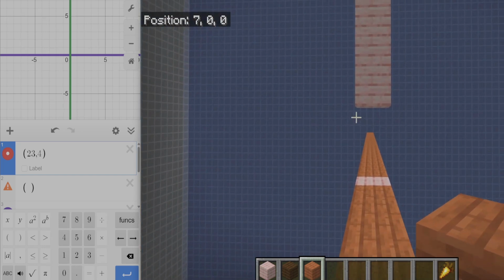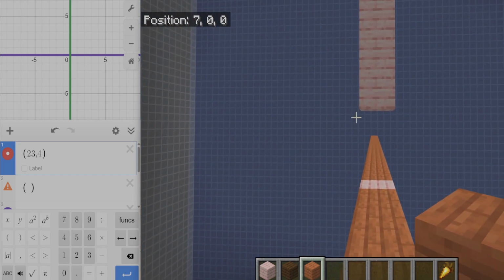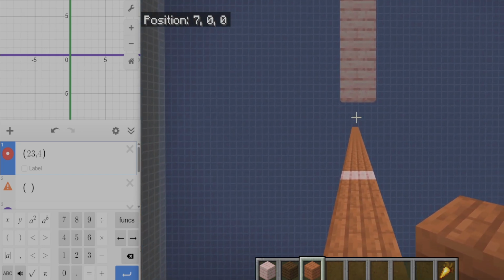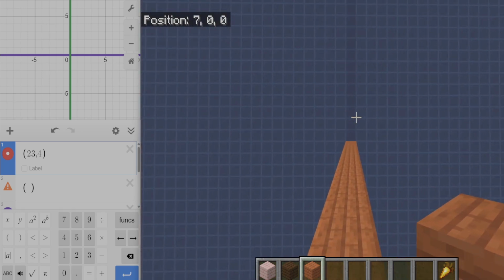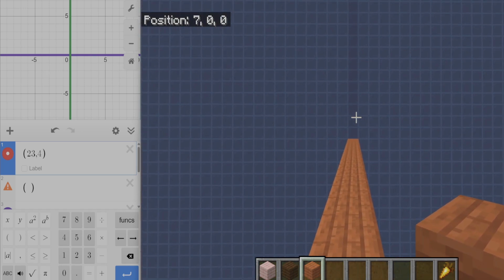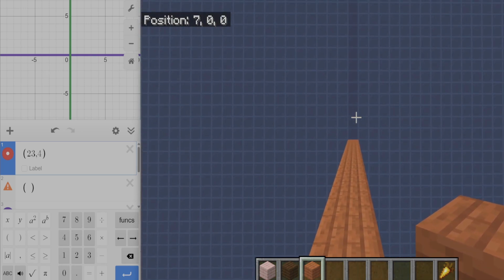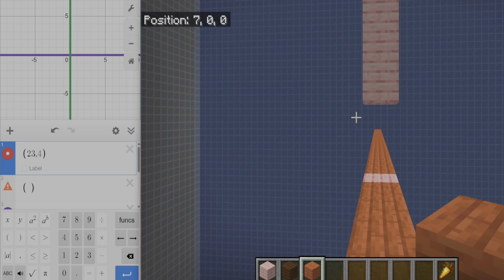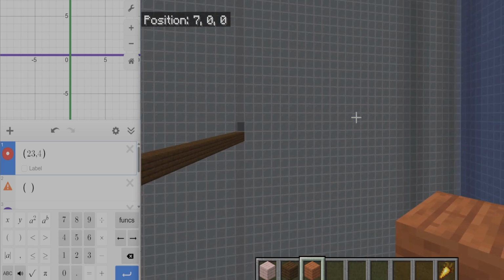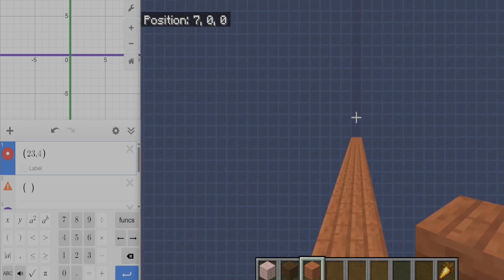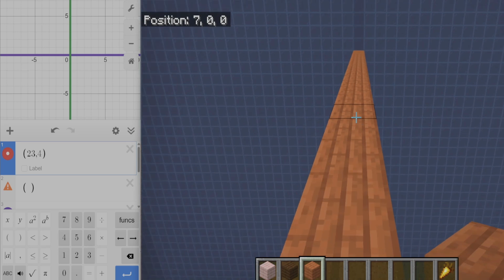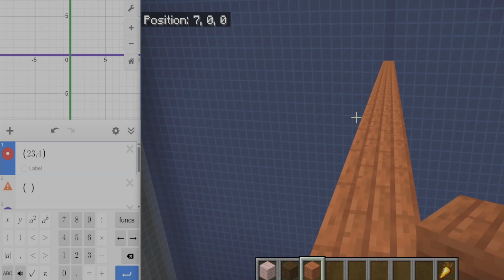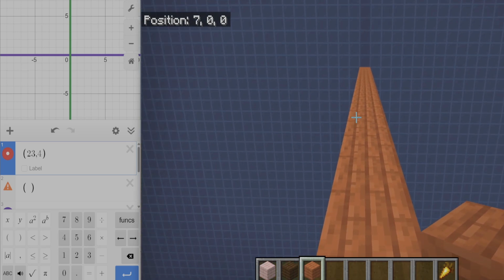So when we multiply by a negative number, you can think of it as a 360-degree rotation on this axis, right? So we're looking at the positive x initially. We rotate to the negative x, and then if there's another negative, we rotate to the positive x, and then we move accordingly. So let's do 7 times